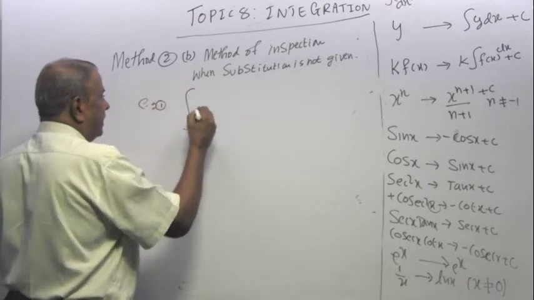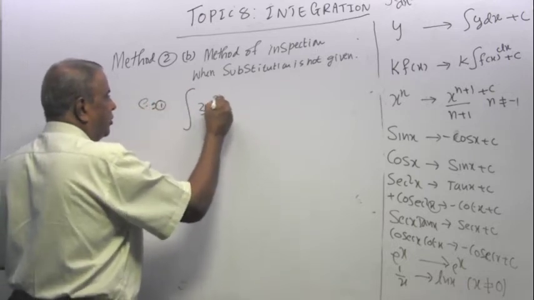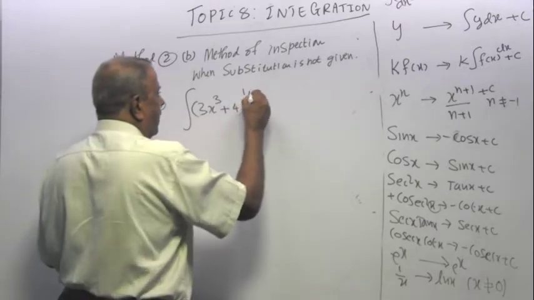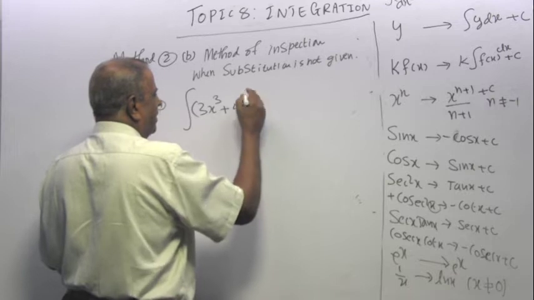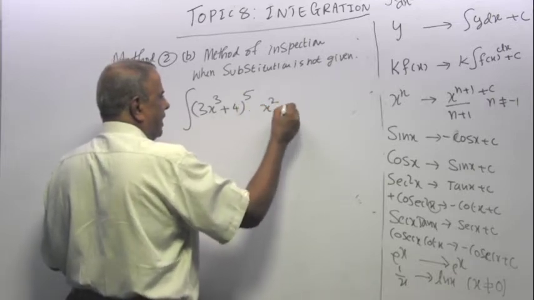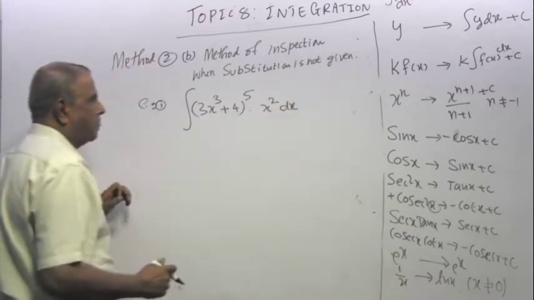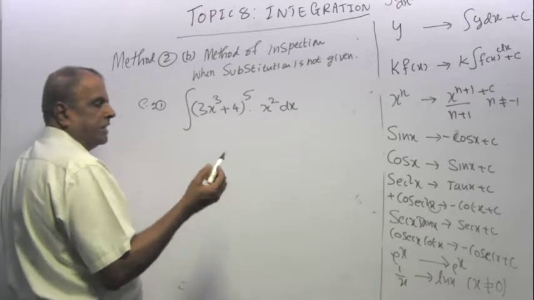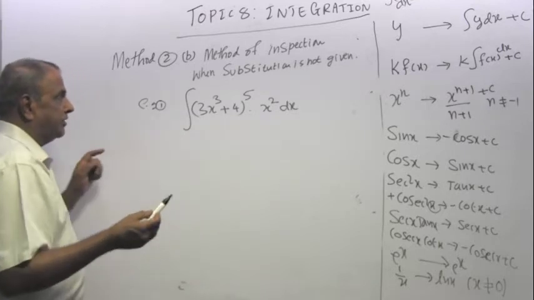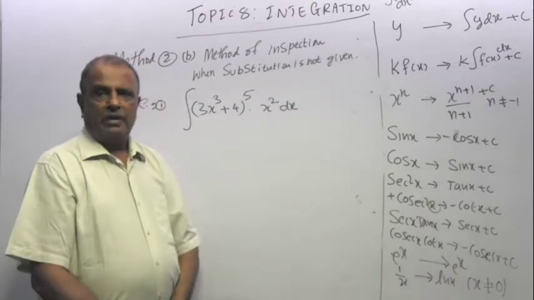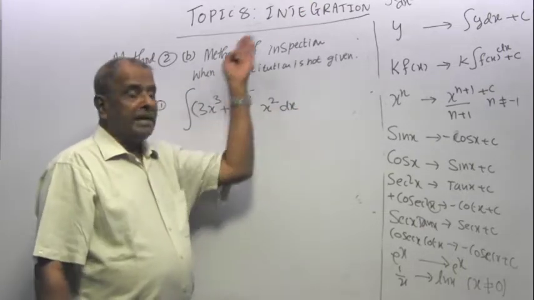I have the integral of (3x cubed plus 4) to the power 5 times x squared dx. I will first show you the method of substitution which we did in the last lesson. This is not a standard formula, apart from the fact that if you want to expand everything and do it,